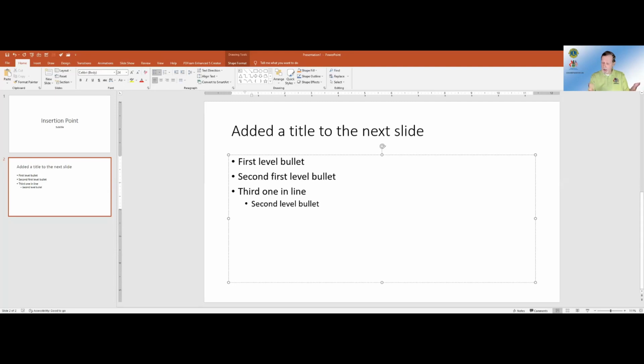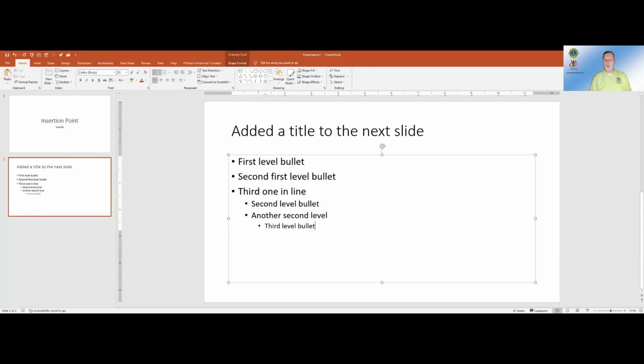Because I'm on the second level, when I hit the enter key, I'm still on the second level. If I hit the enter key and then the tab key, again, I'm demoting. I'm now at the third level bullet.